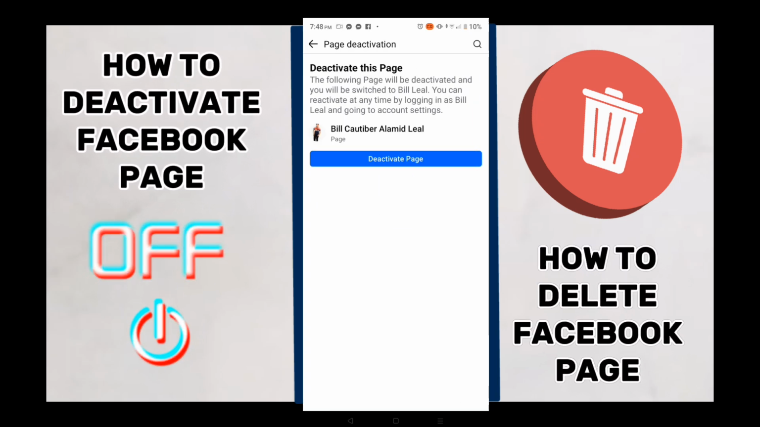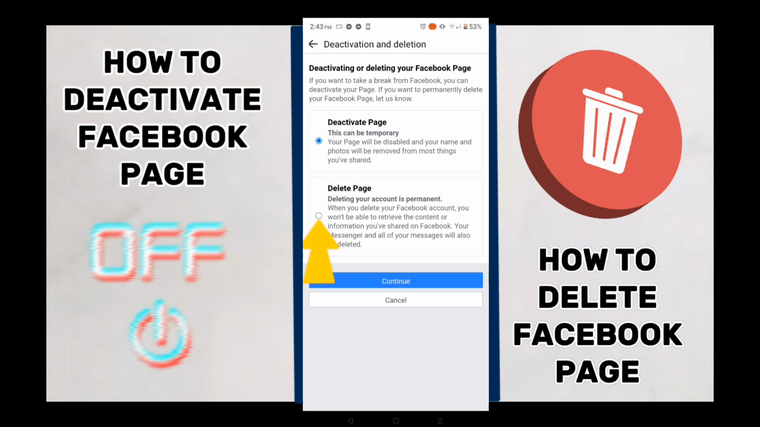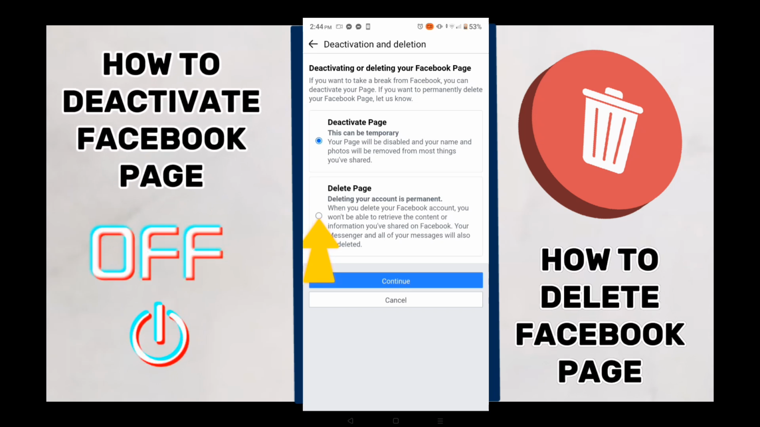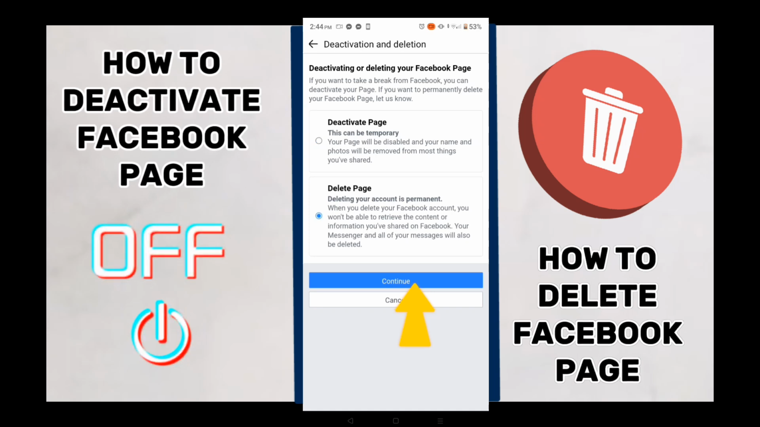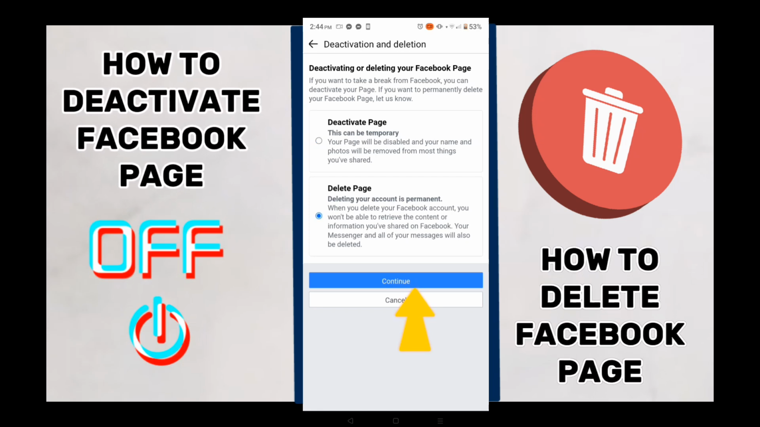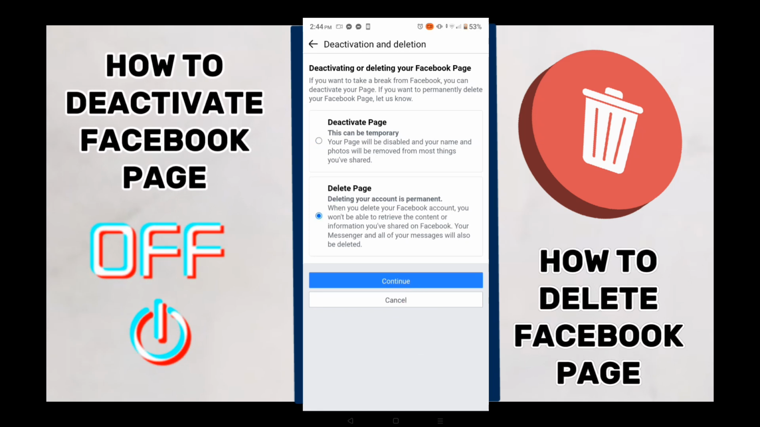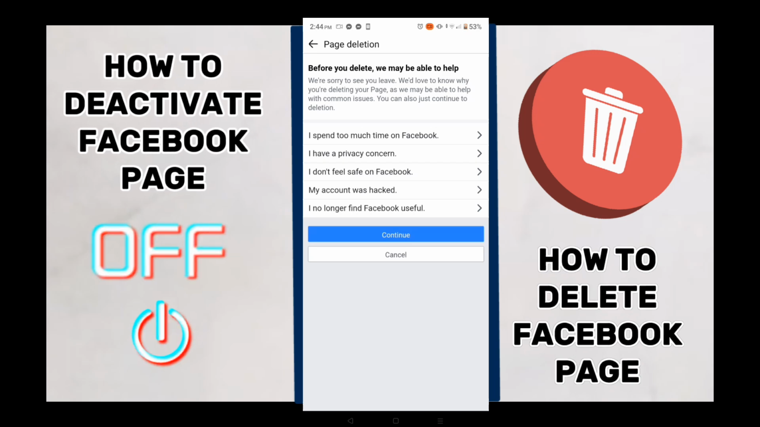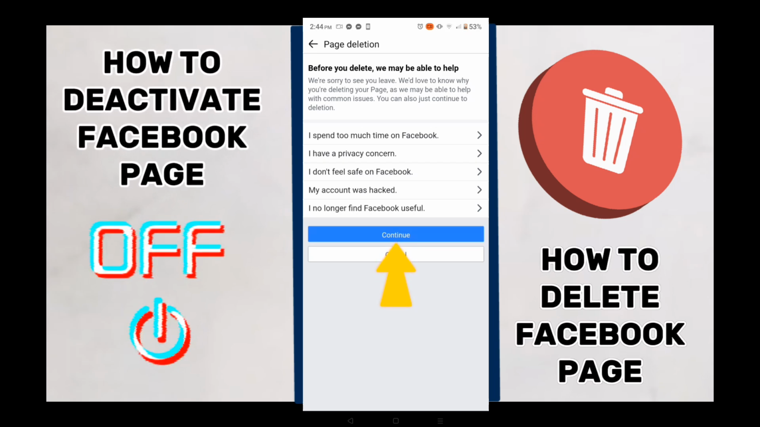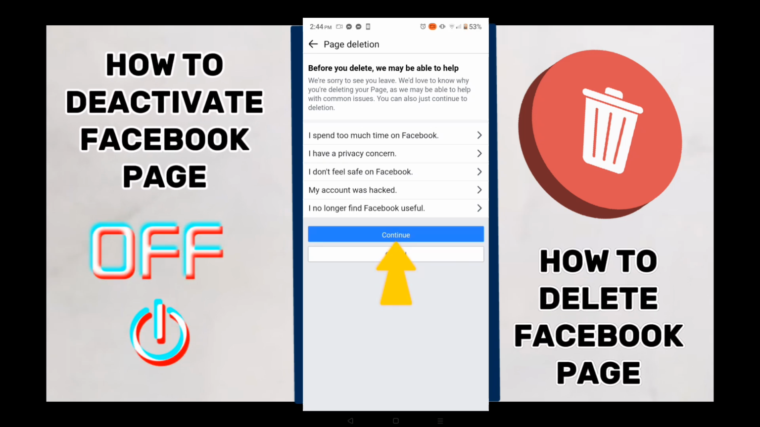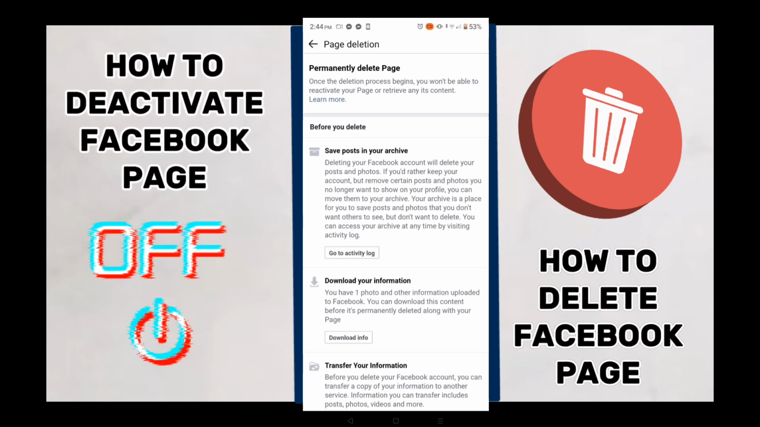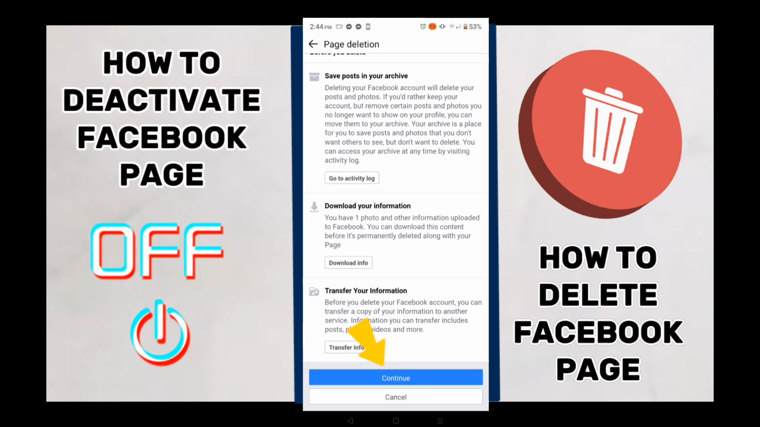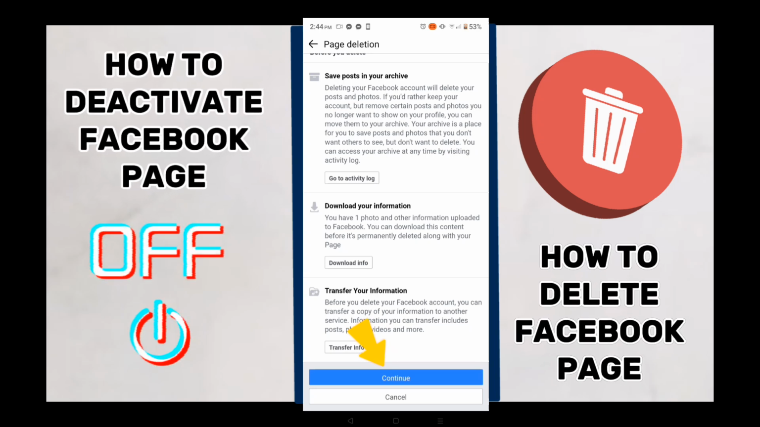So let's proceed on how to delete our Facebook page. Just click this one, delete page, then just click the word continue. Once you click it, you will proceed on this page. No need to choose, just click continue. And then you need to scroll down again, then click continue,